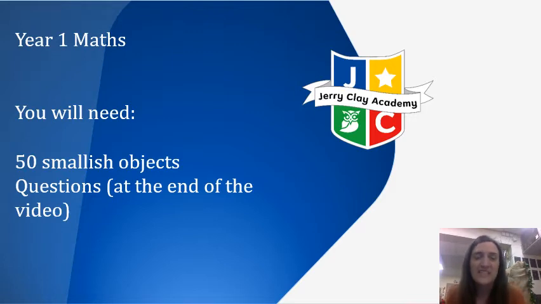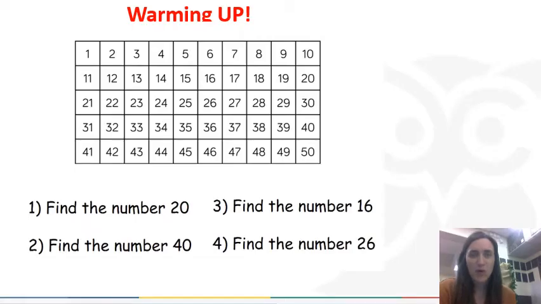Today you are going to need to get all your objects out again. Make sure they're quite smallish ones so you can put them into groups, because we're going to be looking at tens and ones. Altogether you're going to need 50 objects. I'd like you to pause the video now for our warm-up